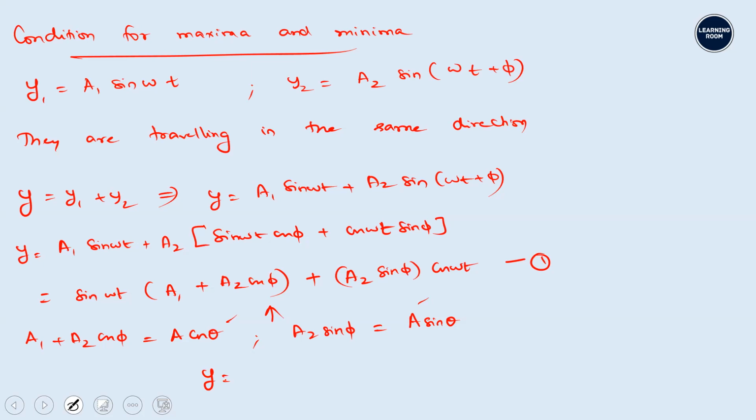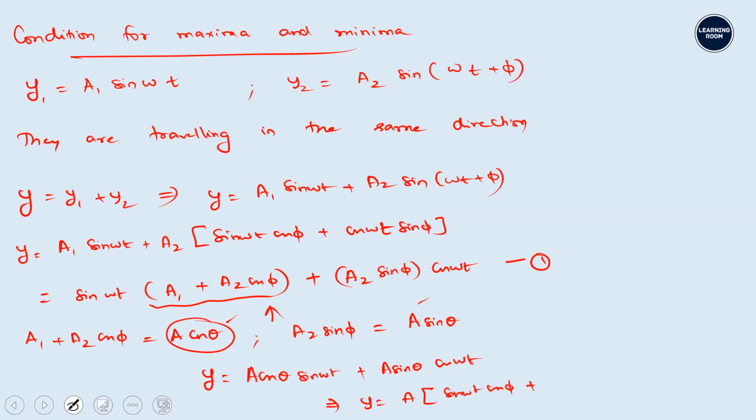Y will be equal to, in place of sin omega t, I leave it as it is. So a1 plus a2 cos phi can be replaced as A cos theta into sin omega t, plus a2 sin phi can be replaced with A sin theta into cos omega t. Right? So if I take out A common from both, then I'll get